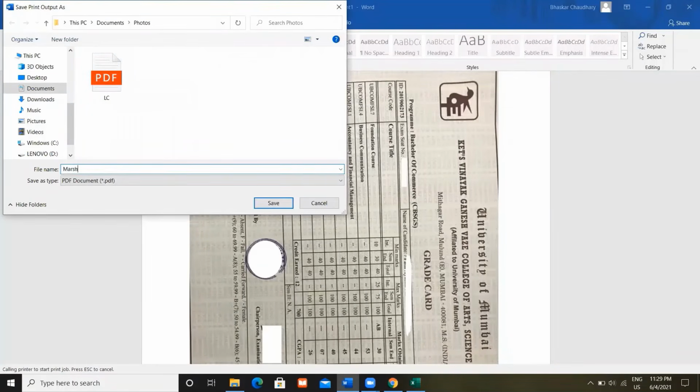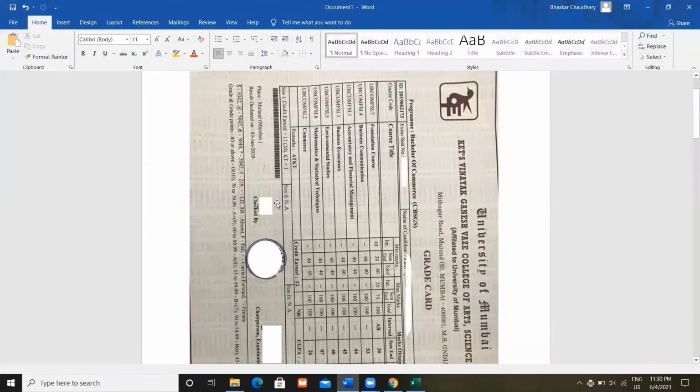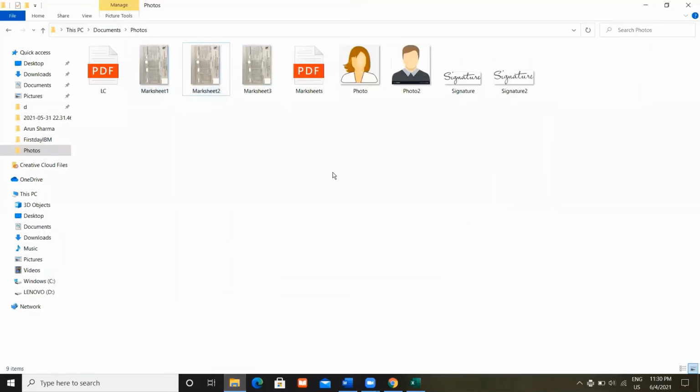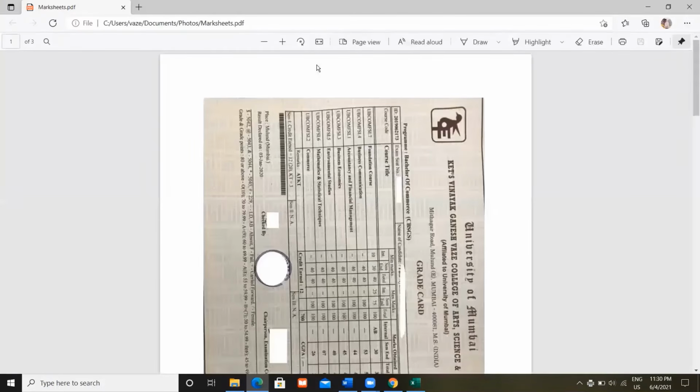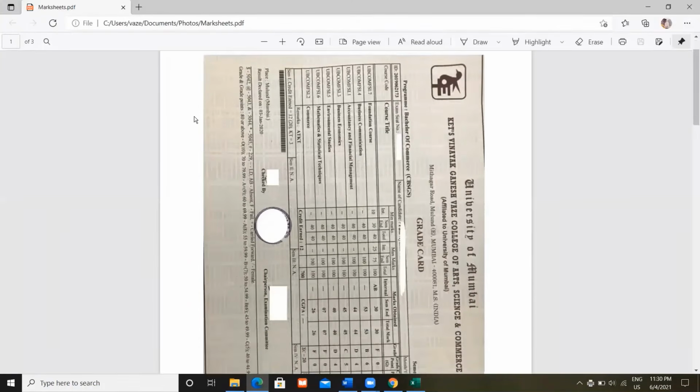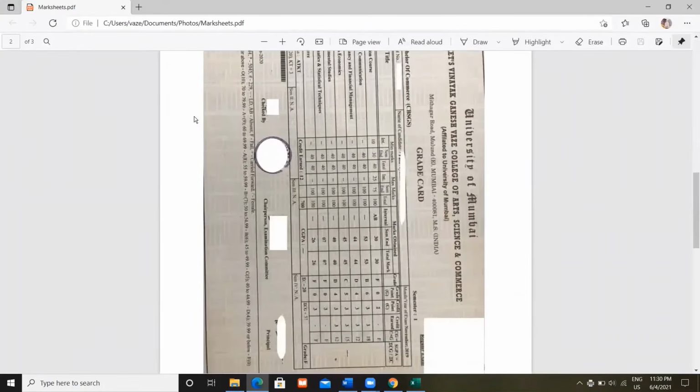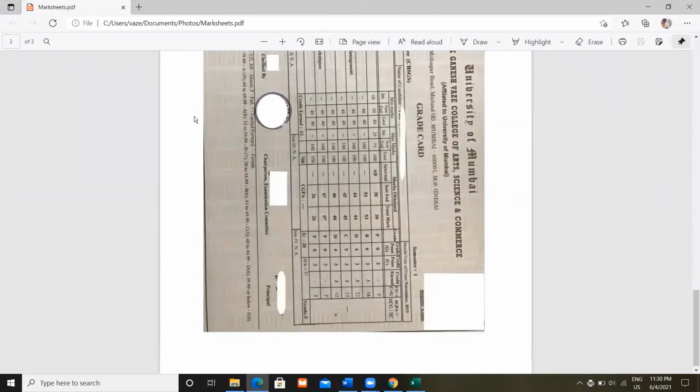For example, I am naming it as mark sheets and then save it. Once you go to that particular location, you will find a PDF file. Double click on it to view it. So this is the PDF file which we have created just now with each mark sheet on a separate page.